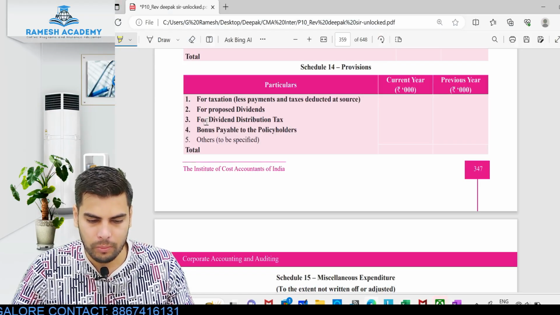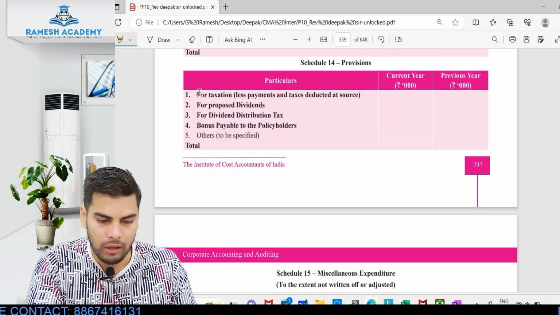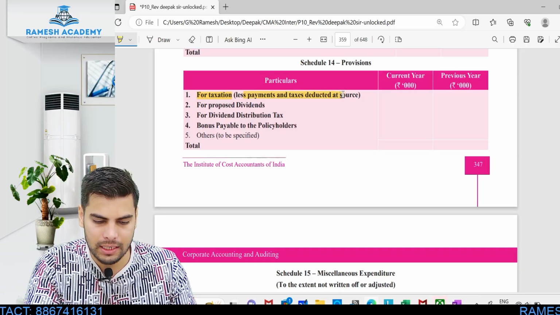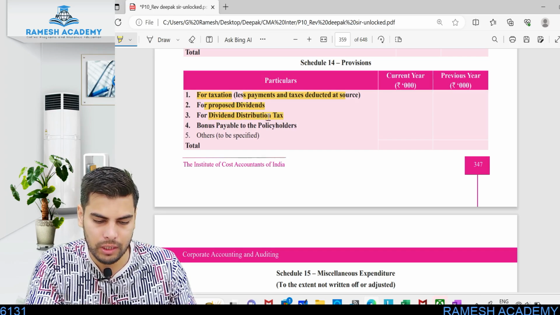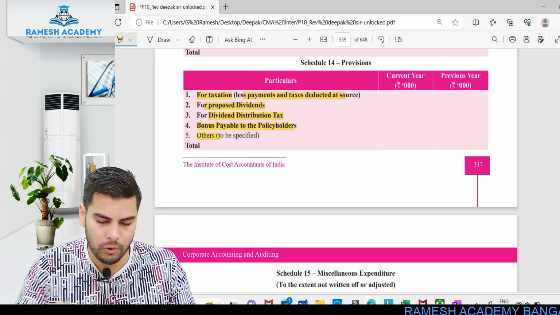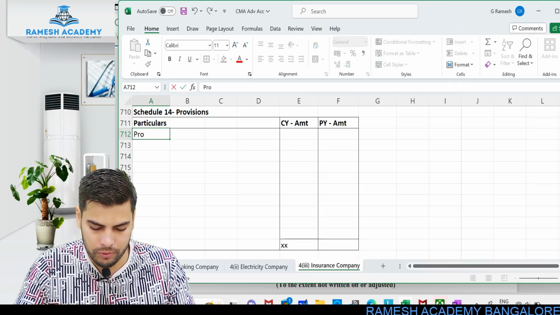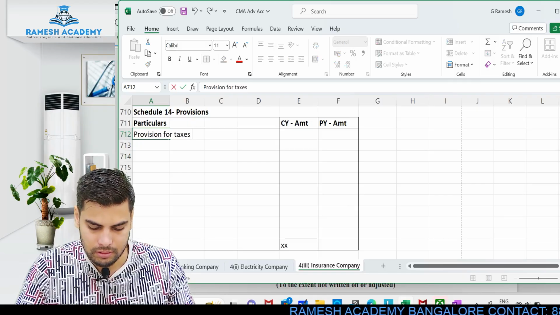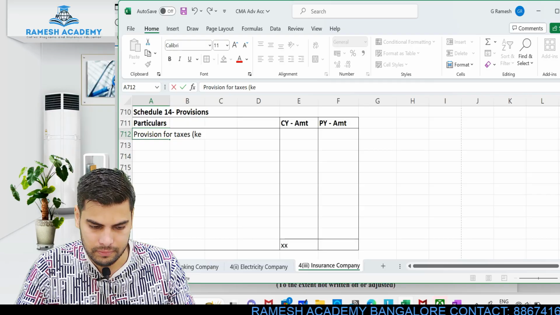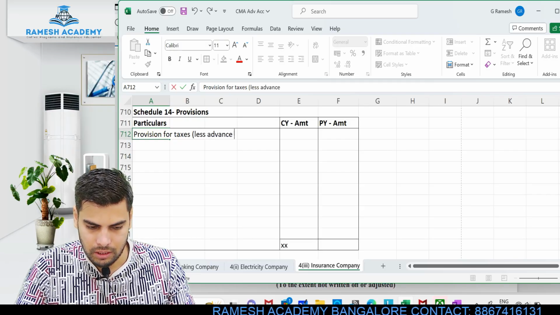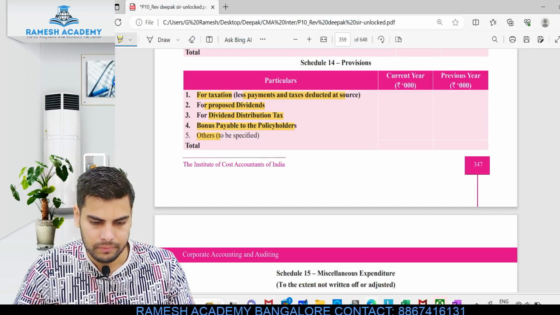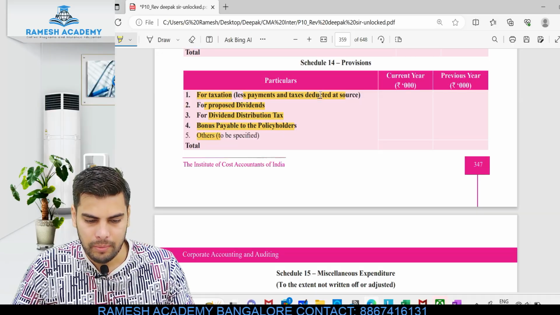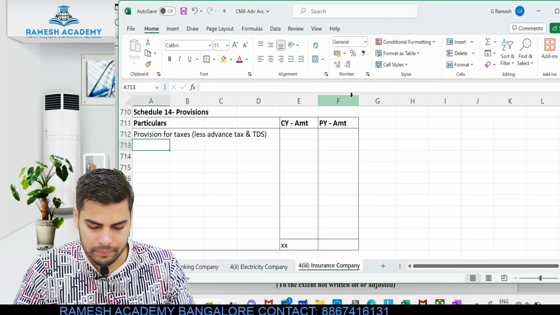Okay, let's see what provisions are shown over here. Provisions which are maintained for taxes less payment of taxes or TDS, provision for proposed dividend, provision for dividend distribution tax, bonus payable to the policyholders and others. Okay, so the first thing would be provision for taxes less advance tax and TDS. So less payment and taxes deducted at source, then